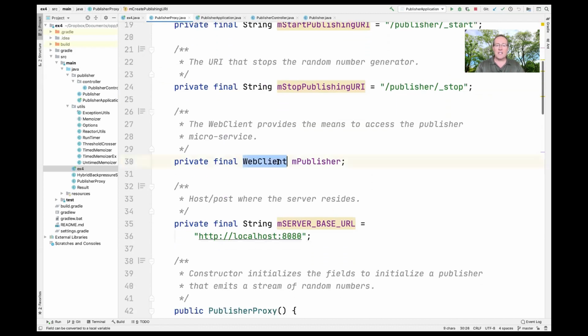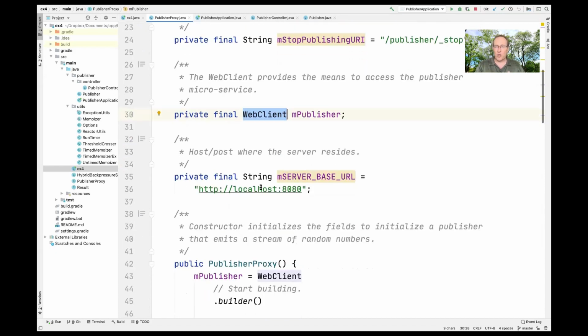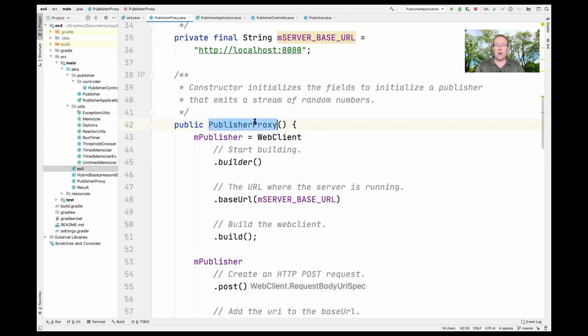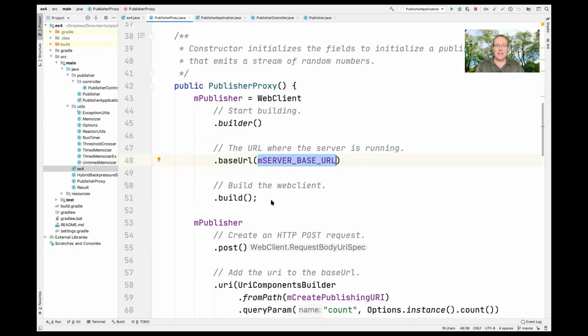We make ourselves an instance of a web client, which is how you basically connect to a microservices server using a host name. In this case, we're using localhost with port 8080. Here's the constructor for publisher proxy. You can see that it will put in the base URL where we're going to find the server, and it builds that little publisher, and you'll see why we need this,